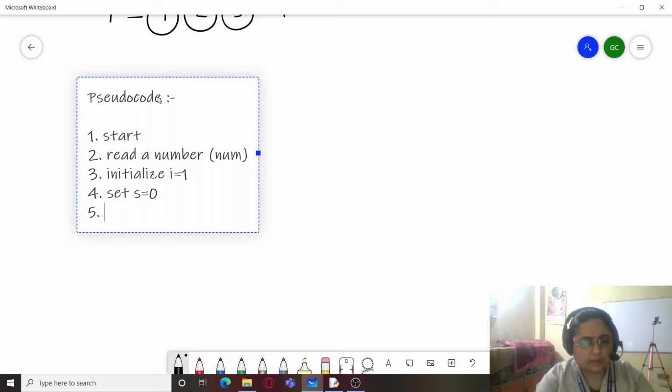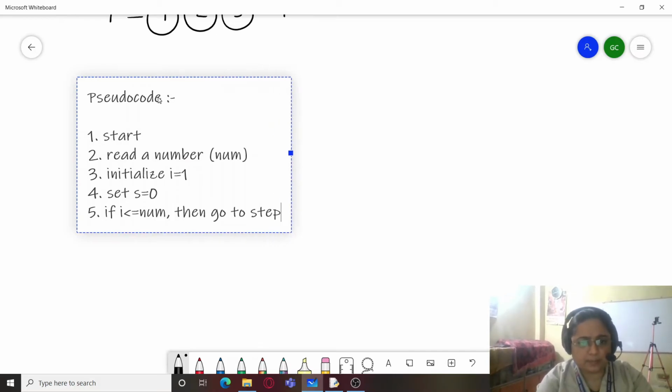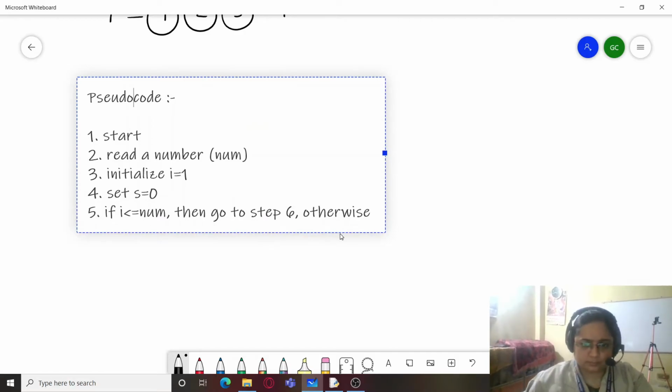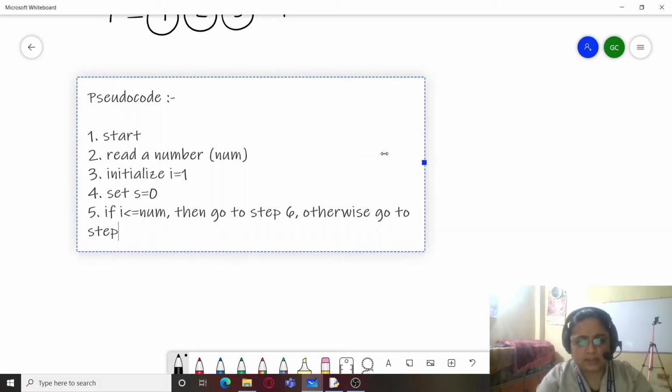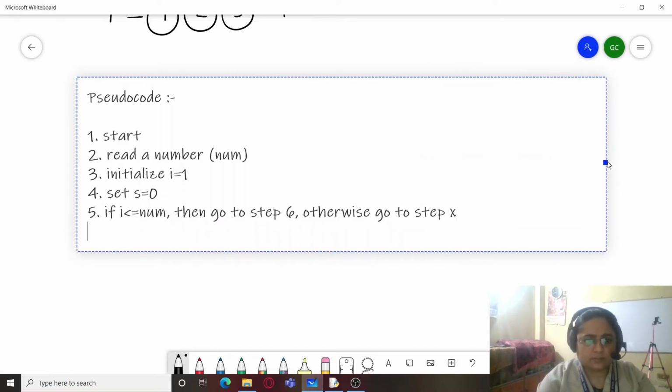So now we start with the loop. If I is less than equal to num, then go to step 6. Otherwise, go to step x. So x is not known as of yet, so we will just leave it like that.